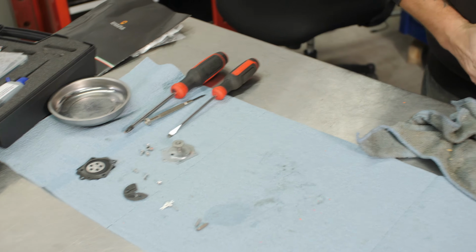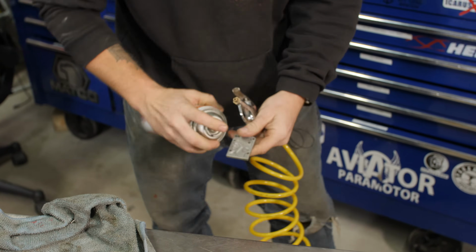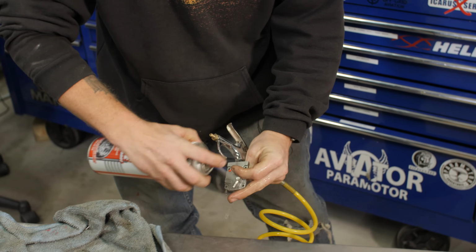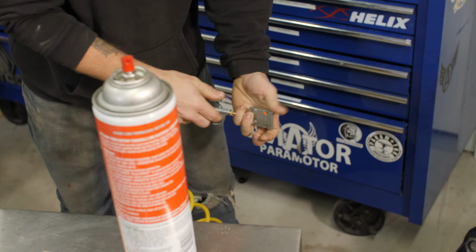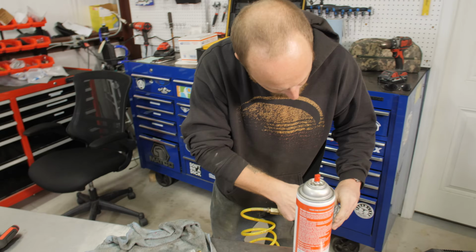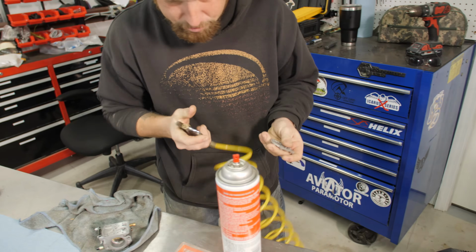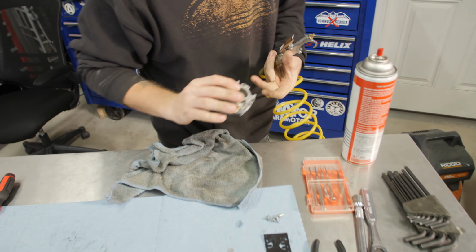Set that over there. Same thing for this one. We're just cleaning the covers off just a little bit, make them look a little nice. Really clean the pulse port out with some air. Make sure that's clear. All right, now this is the main part that you want to really hit with some